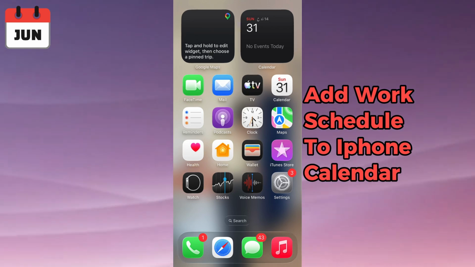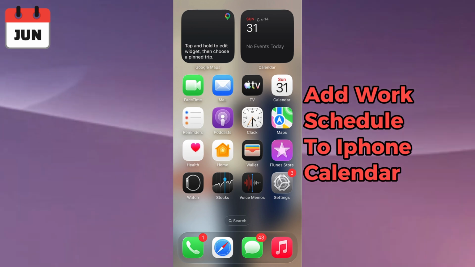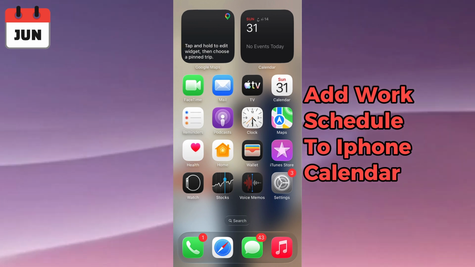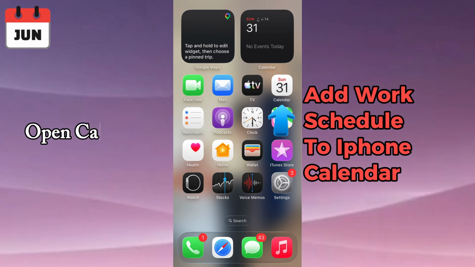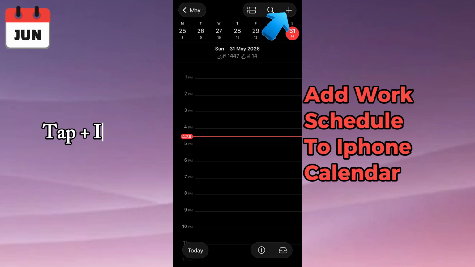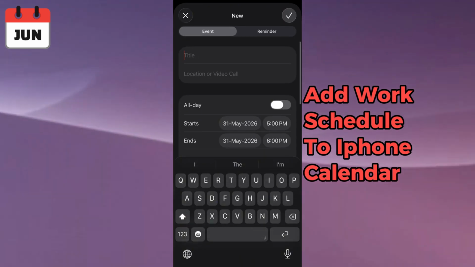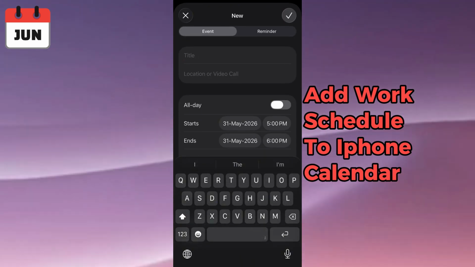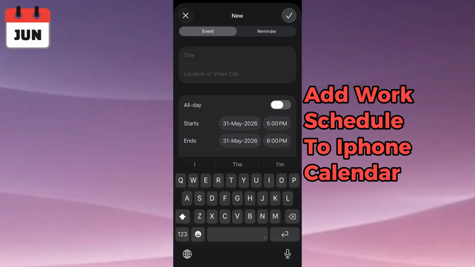In this video, I'm going to show you how to add a work schedule to the iPhone calendar. After unlocking your iPhone, open the calendar app. Look at the top right corner of the screen and tap the plus icon. This opens the new event page, where you can enter all the details for your work schedule and customize it